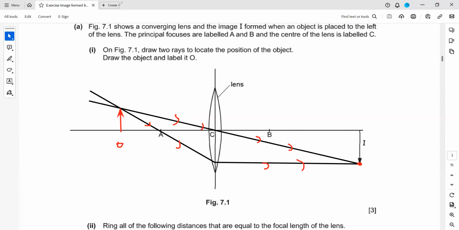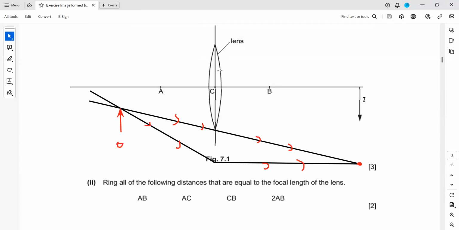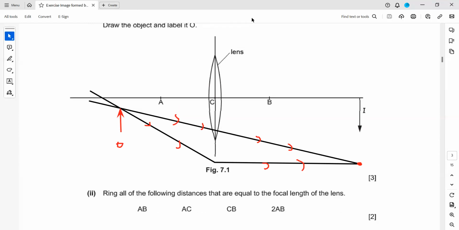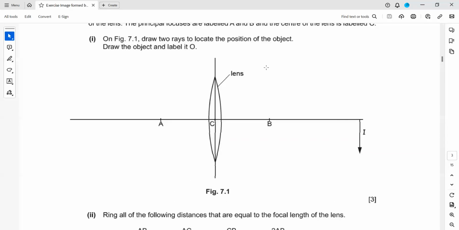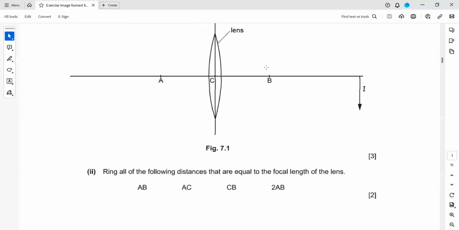The next is, which distances are equal to the focal length? You can annotate on the screen which distances are equal to the focal length. What are the distances equal to the focal length? A and C, right? And